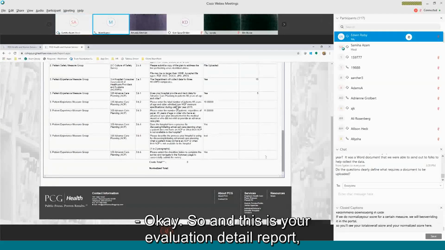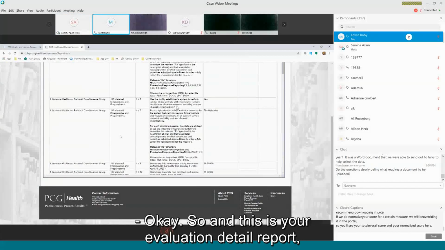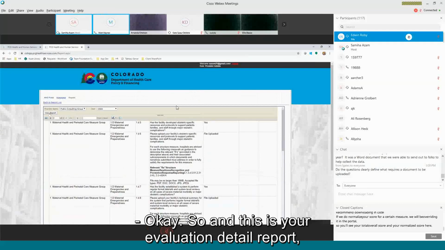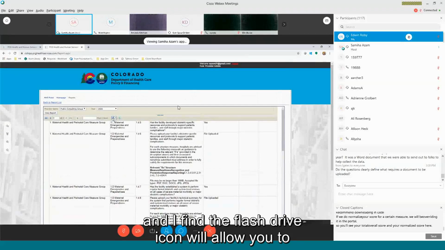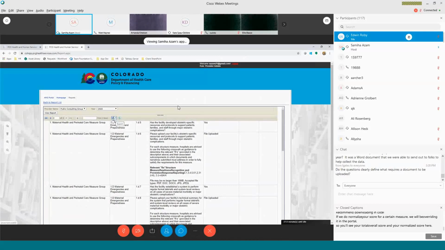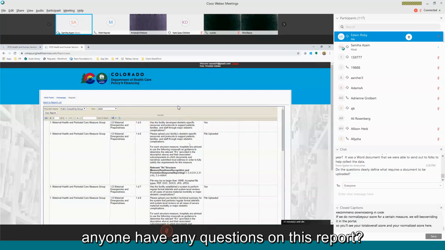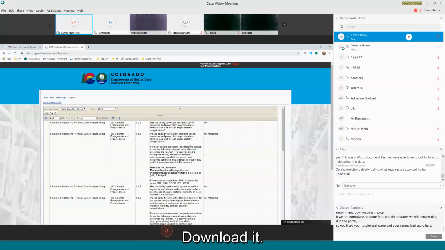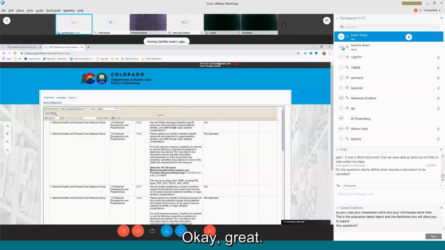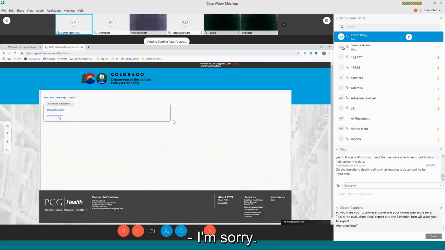Okay. Yeah, so this is the evaluation detail report, and the flash drive icon will allow you to export the report in any of these formats. Does anyone have any questions on this report and how to download it? Okay. So going back to the report list, there's also